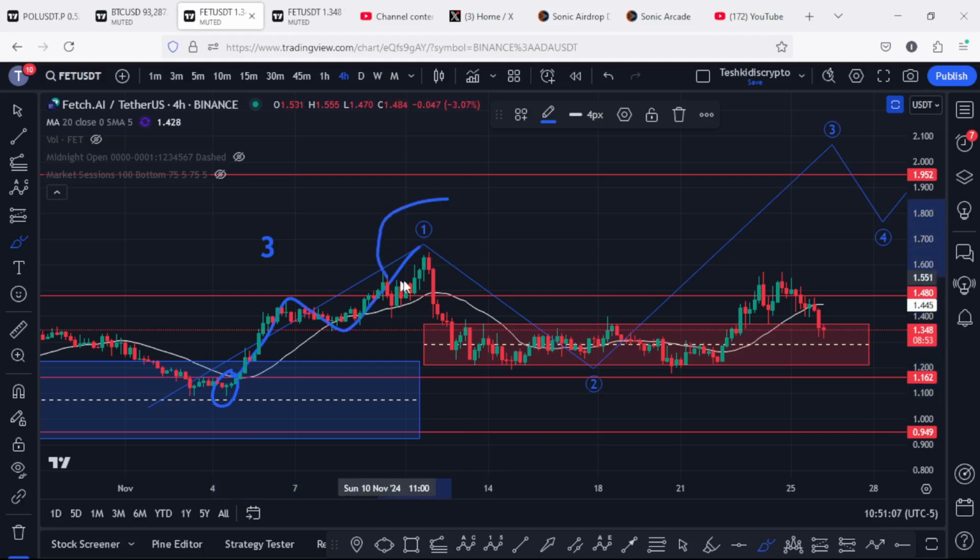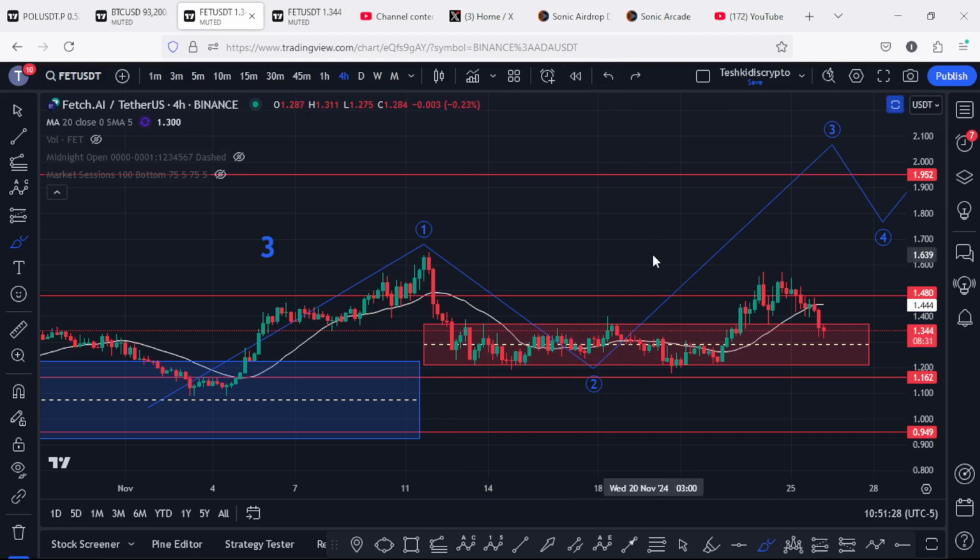And after we peaked in this wave 1, we started a pullback to the lower side in an Elliot wave count 2 into the minimum target areas for the second wave, highlighted on the charts using this red target area, an area that we have now fully maximized, and there are high chances that we have a low in place for the second wave, and in the next coming hours we are going to see a reaction to the upside,